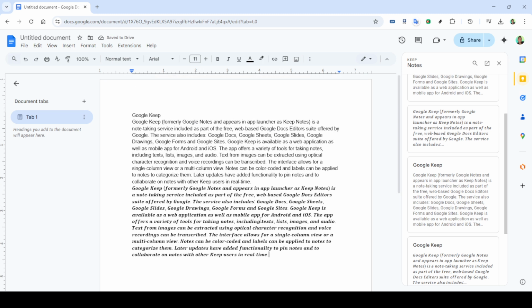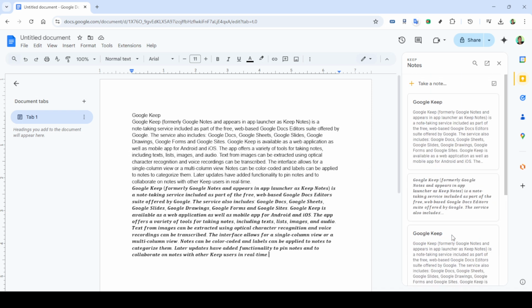And just like that, your Google Keep notes are added to your Google Docs. This simple process not only enhances productivity by keeping your notes and documents well organized, but also saves time by reducing repetitive tasks. You can now freely edit the content in Docs, add new information, or even continue to pull in more notes from Keep as needed. Keep experimenting with this robust feature and see how it can benefit your workflow. In conclusion,